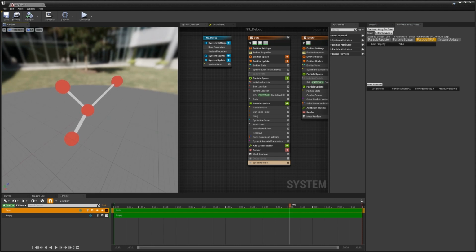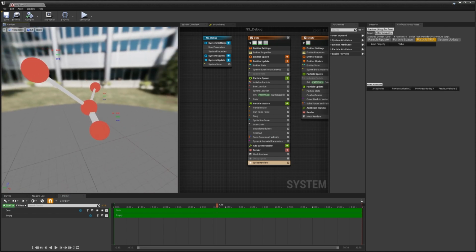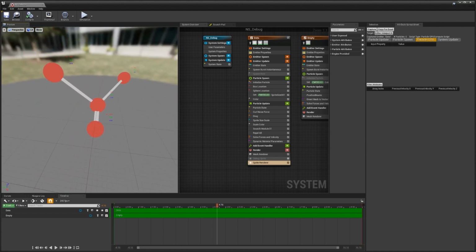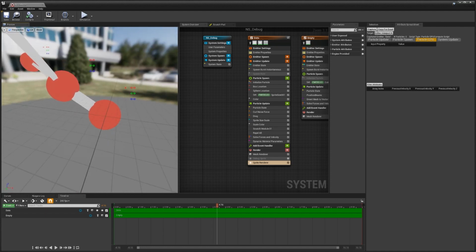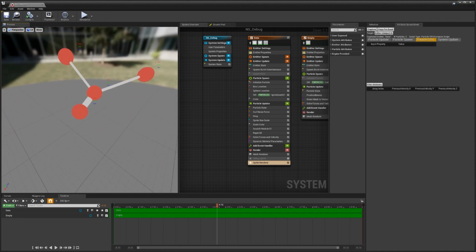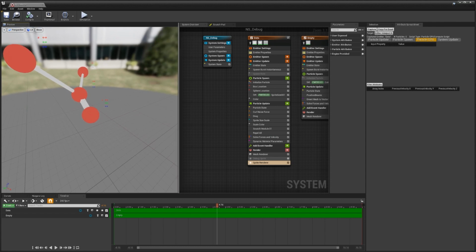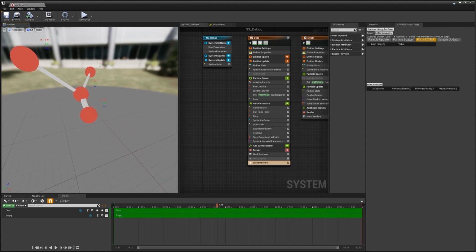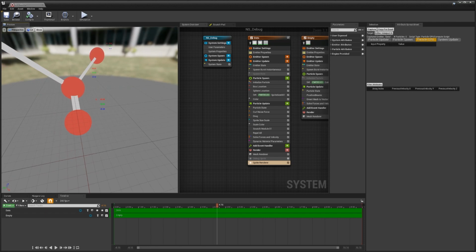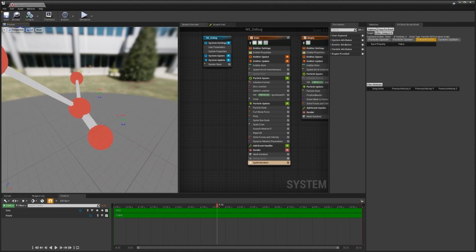Sometimes it's really useful to be able to debug values directly at the viewport. Here I've created a secondary sprite render that sits within the sphere emitter. We enable it, and here you can see we have these red, green, and blue numbered variables sitting next to each of the sphere properties. This is super useful as you can directly see what data is being set to what particle, rather than the abstraction of a spreadsheet. Here I'm gathering the index data of each of these points so that I can see where they are. I can see this one's 0, this one's 1, this one's 3, and this one's 2.